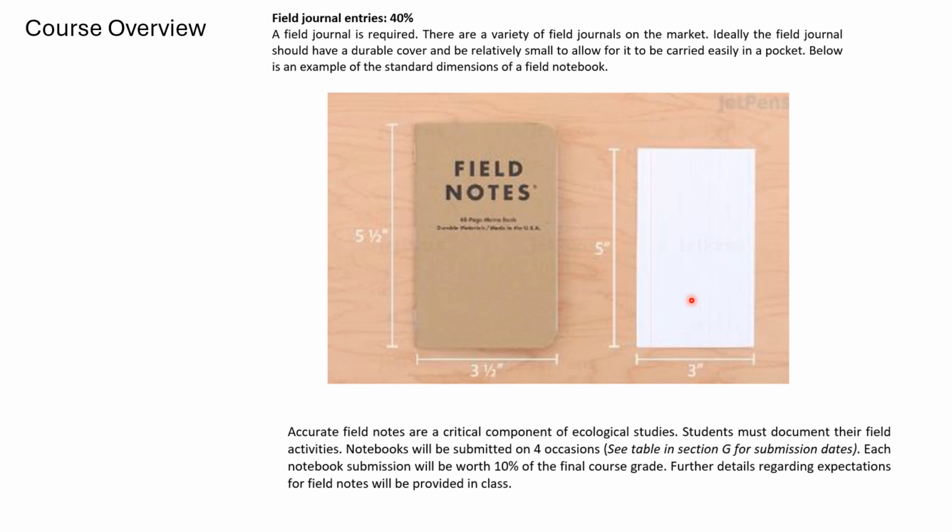Now, you don't necessarily have to have this field note journal that I'm showing you. This is probably one of the best examples, and you can buy these, and it's a nice size. You can take it out into the field easily. It also has Write in the Rain paper, so if it's raining out, the paper isn't getting smudged, or your writing isn't getting smudged. But if you don't want to buy one of these, pretty much any smaller journal